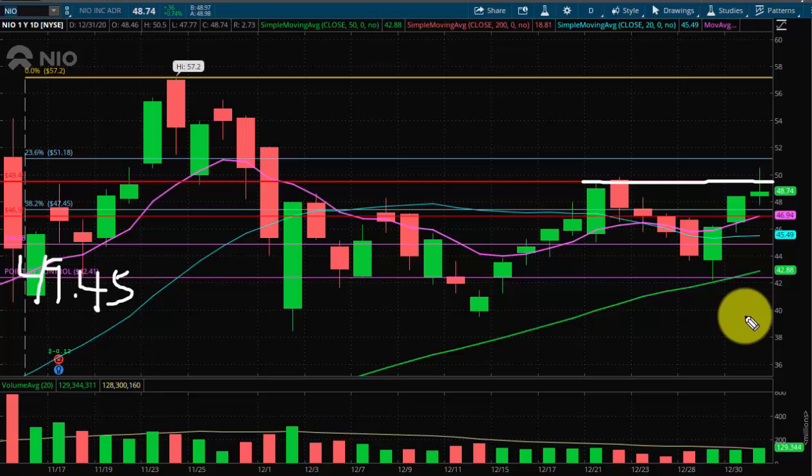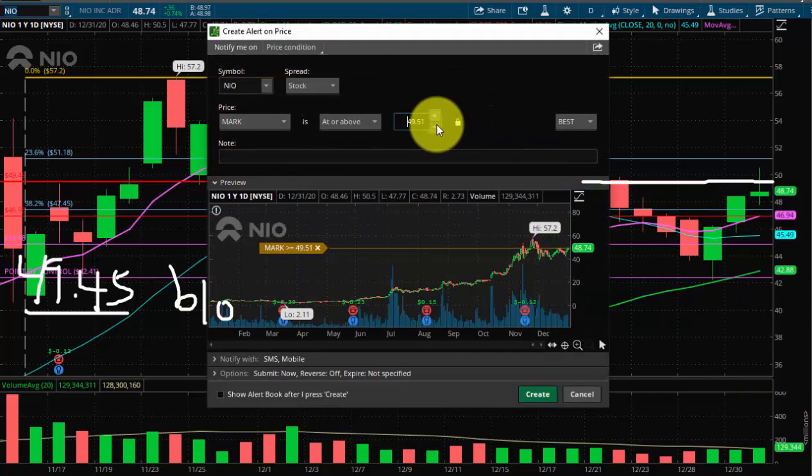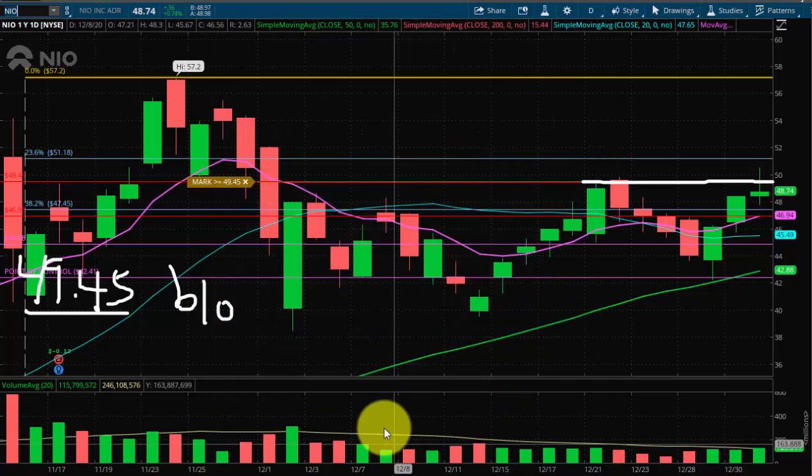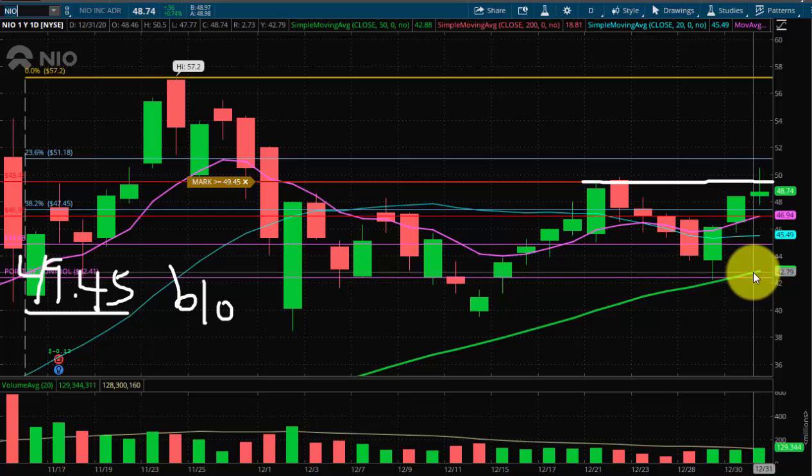A lot of support. The tricky part with this, and what I was saying about trading what's hot, you have to have good risk to reward and you have to keep those losses small. So we can't just jump the gun and say, hey, NIO is a fun stock, let me trade this, right? We have to be very patient with our entry and exit points. So what that means is that either we are using this as a breakout point, right? We wait for a breakout of 49.45. So having said that, I'm going to set the alert over 49.45, okay? Or we get in off of support that has enough risk to reward.